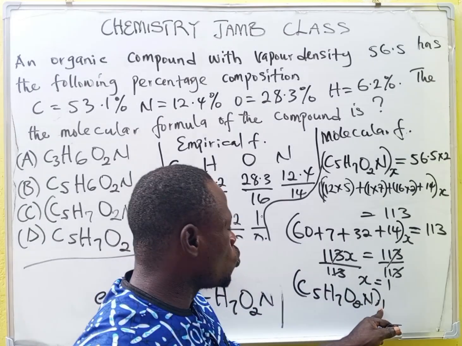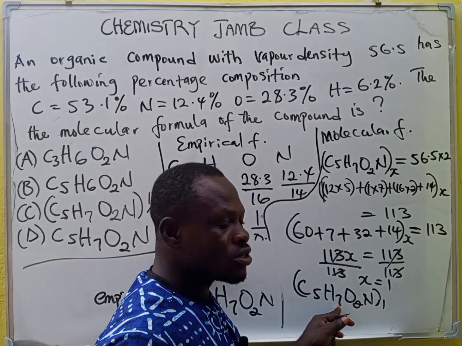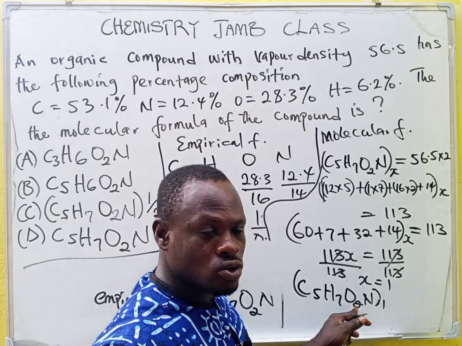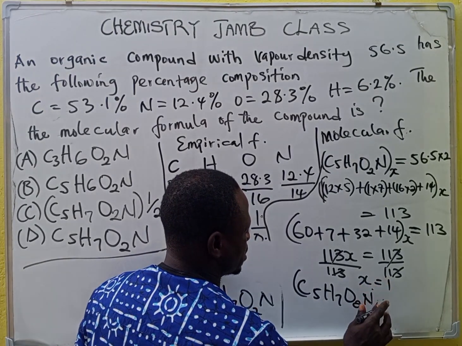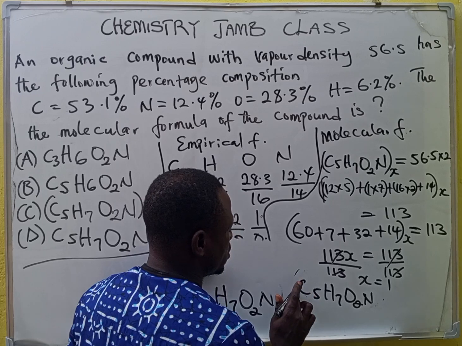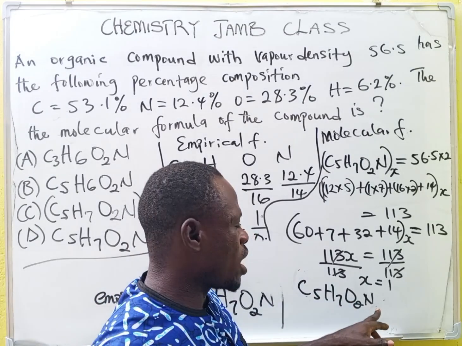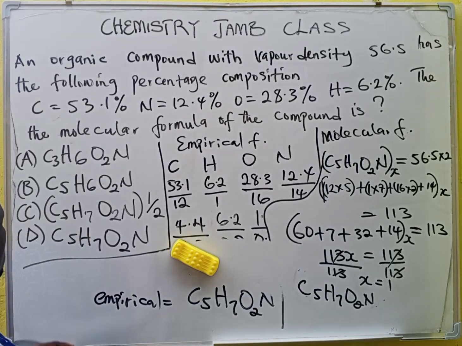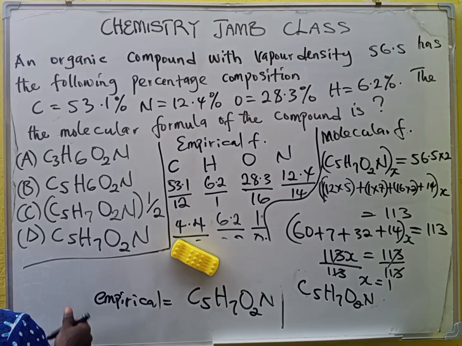Multiply this 1 by 5, which gives 5. 1 times 7 gives 7. 1 times 2 gives 2. 1 times N gives N. So this is our correct answer. The formula is C5H7O2N. So our correct option is